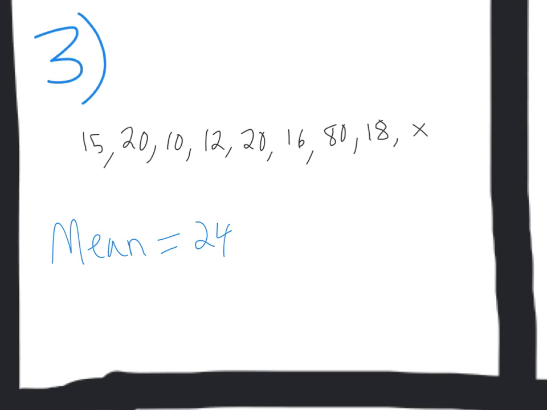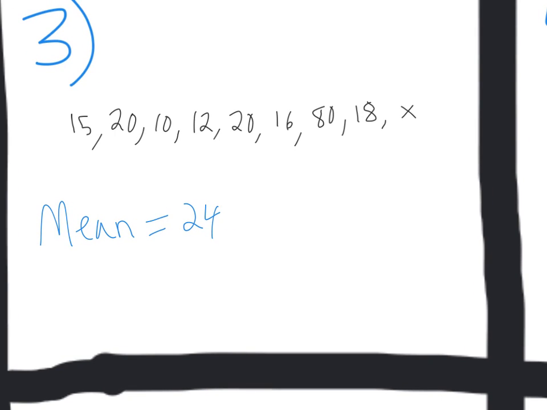This girl babysat, and the first time she made 15, second time she made 20, then she made 10, then she made 12, 20, 16, 80, 18, and then the last time we don't know what she made actually. But we do know that the total mean of this data set is equal to 24. So we have to find this last piece of information, and the way that we can do that is if